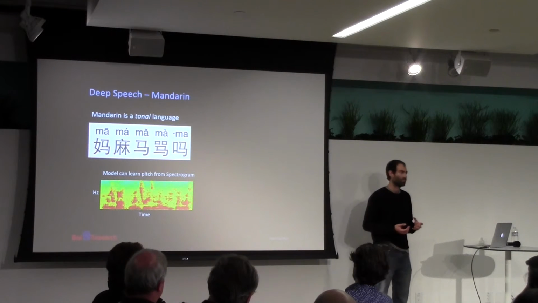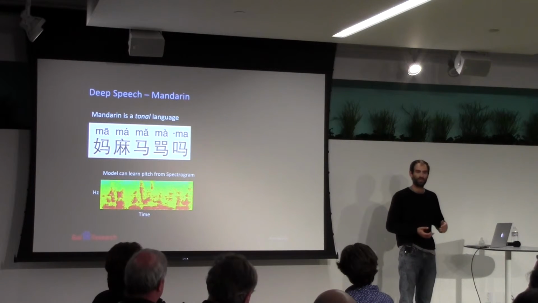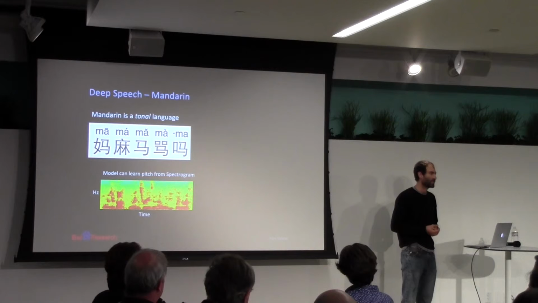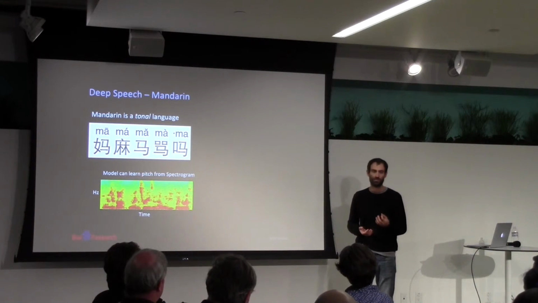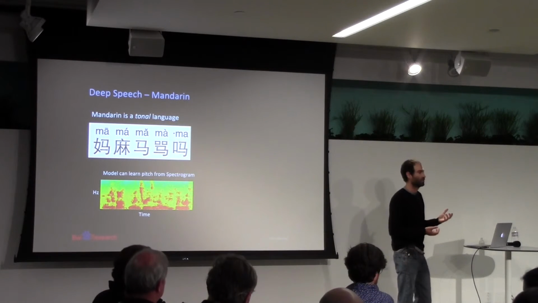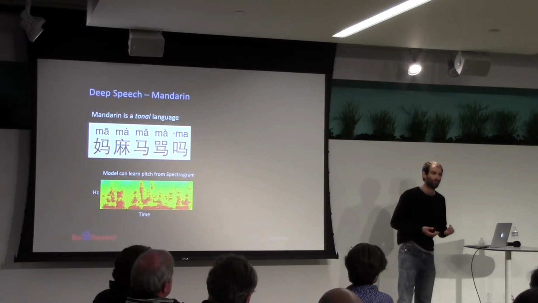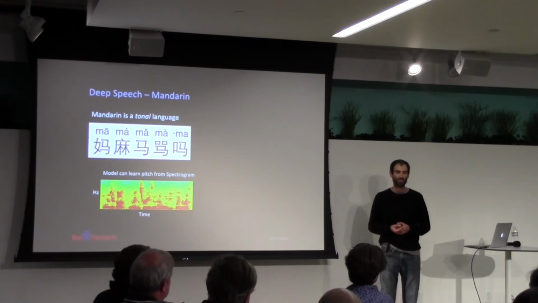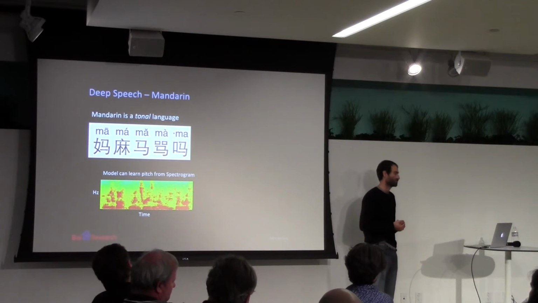Now English is pitch invariant. So if I say a word at different pitches, it means the same thing. So it's actually a desirable property of a speech system to be pitch invariant. And all the years of research that were done on English speech recognition actually made those systems somewhat pitch invariant. So this has been a challenge for Mandarin speech recognition, at least with traditional systems.